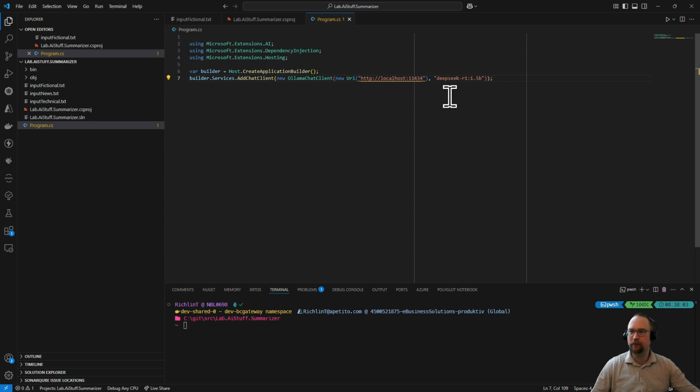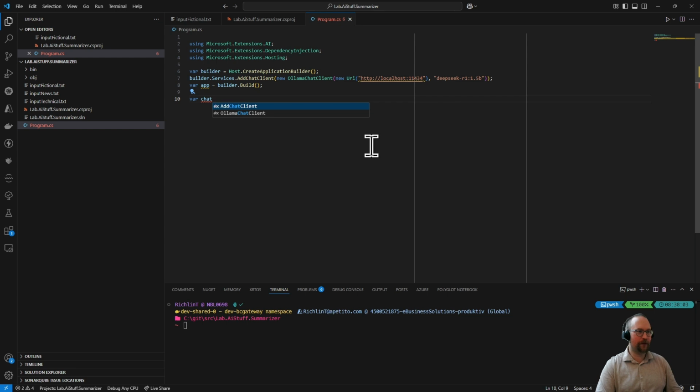And we want to use the model DeepSeek R1 with the 1.5 billion parameters. And then, of course, we just have to say we want to build the application from our builder, and then we can just start